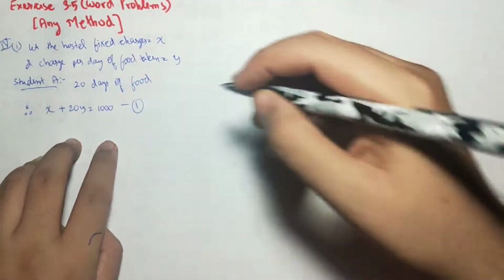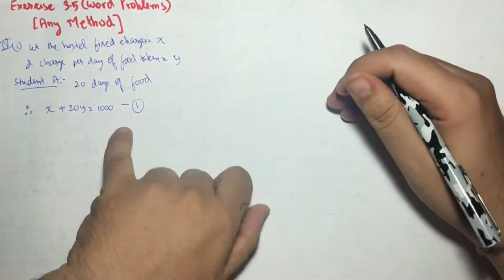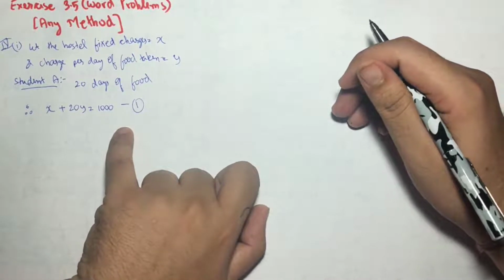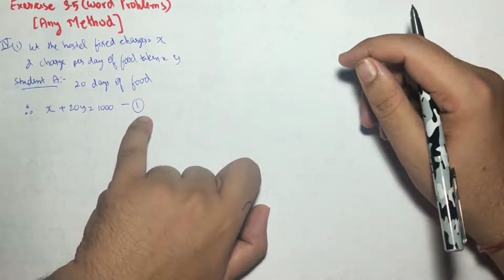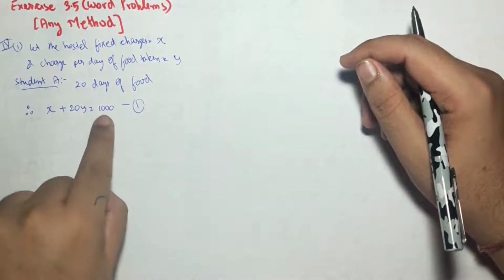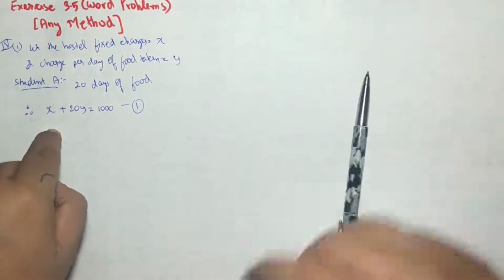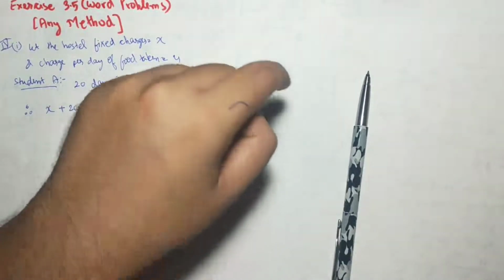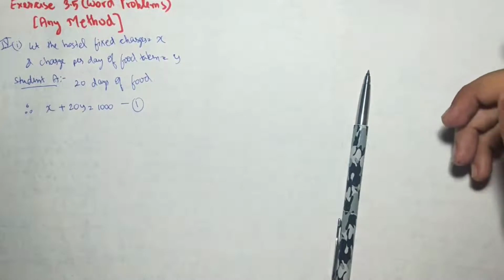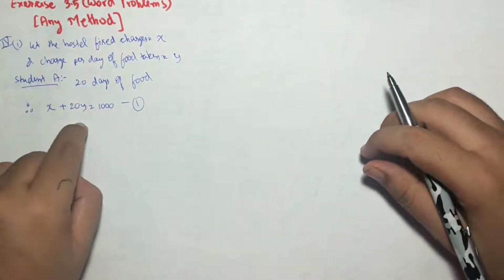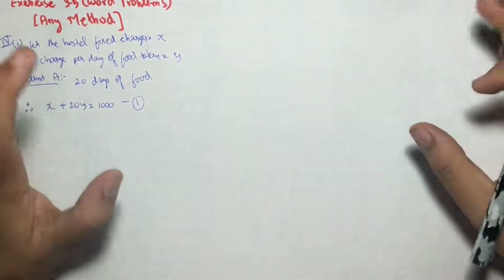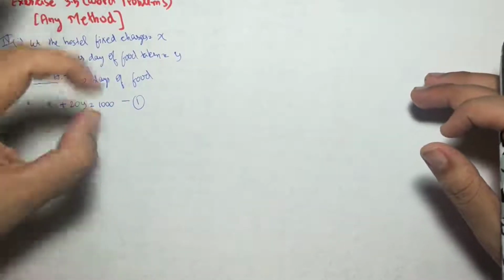Now keep this as the first equation. If you are going to solve this by substitution or elimination, this is the first equation. But you should know that if you are going to solve this by cross multiplication, this 1000 has to be taken on the left hand side and then numbered as the first equation. Actually, in cross multiplication, you don't need any numbering of the equations. So if you are going to solve with cross multiplication, just take 1000 on the left hand side. By substitution, elimination, you already know what next step you have to follow. I'm just giving the equations to you. This is the first equation.